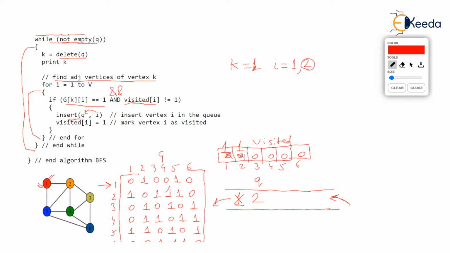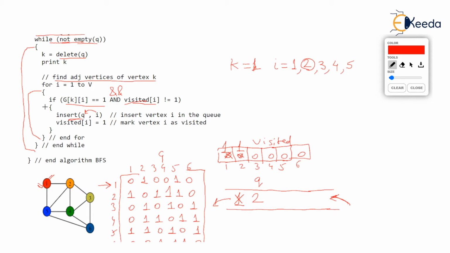Now go back to the for loop. I will become 3. Check the entry 1, 3. The entry we are checking is K, I, that is 1, 3. You notice in the matrix 1, 3 is 0. Also in the picture you see 1 and 3 are not at all adjacent. So we are not at all interested in that entry. If is false, and we go back to for. Now in the for, you can make I as 4. And you observe 1 and 4 are also not adjacent. You then go back to for and make I as 5.